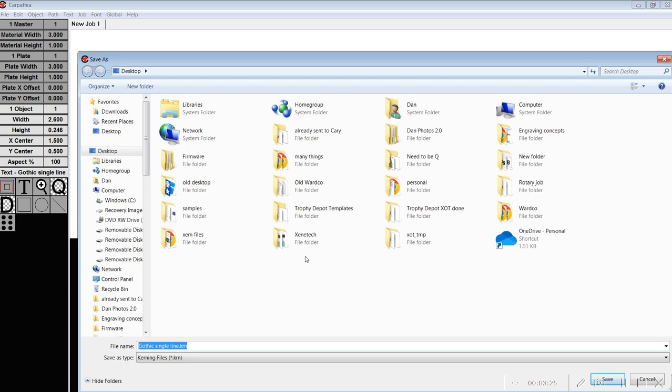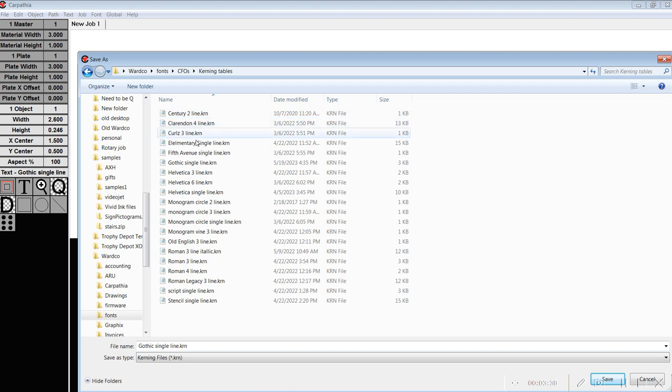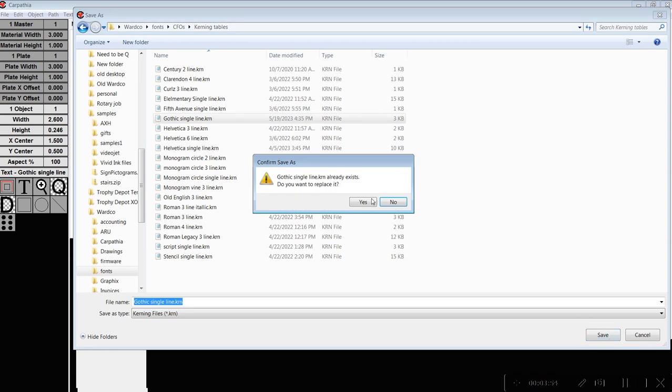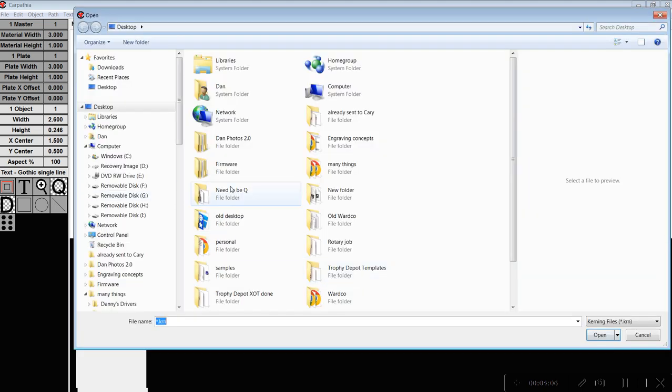I have a place that I store mine, and I have kerning tables, and then I can save the Gothic single line here, save it over, yes. Now that one is saved, so that even if I erase my other ones, if we messed something up and we want to go back to the original, we can go to import kerning table, and